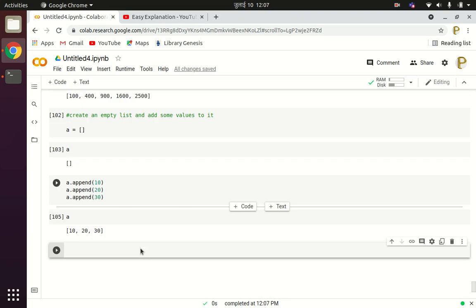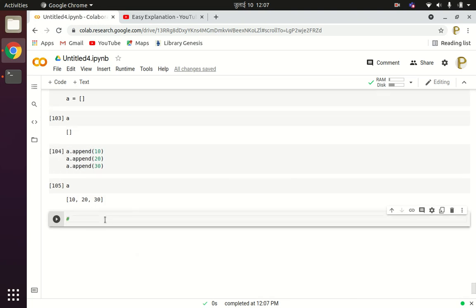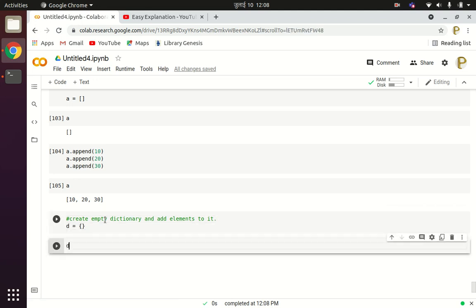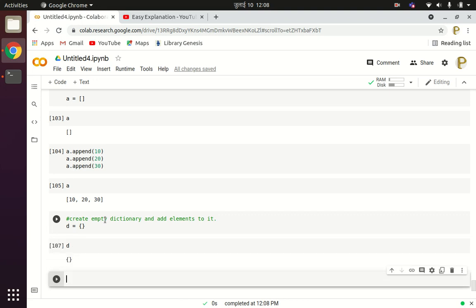Now similar to the list, you can also create an empty dictionary and add elements to it. So you can create an empty dictionary as D equals to this. Now you can see D is now an empty dictionary. Now you can add the values like D of name. So name is the key, and for this key the value will be, suppose, Alexa.